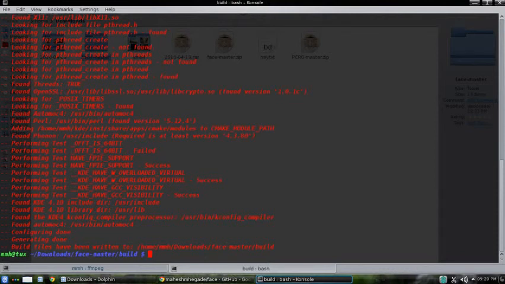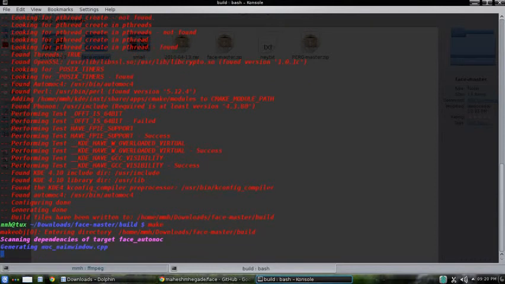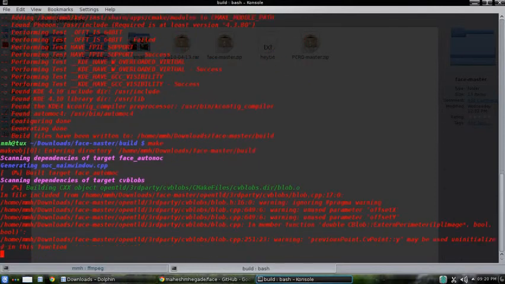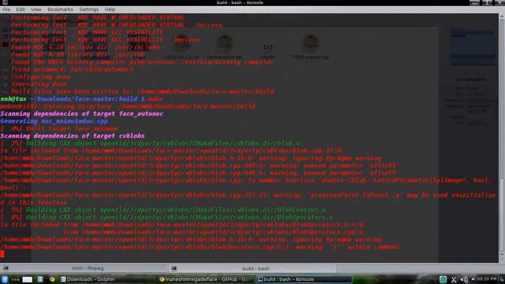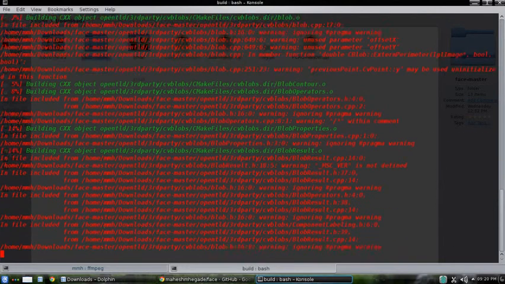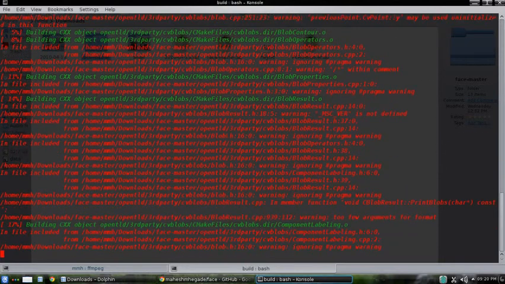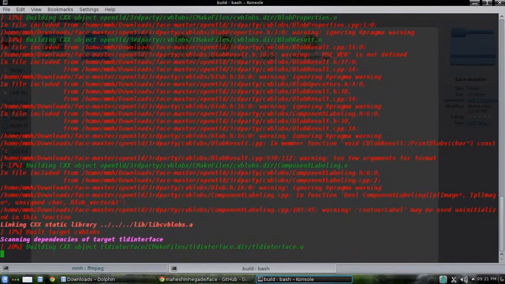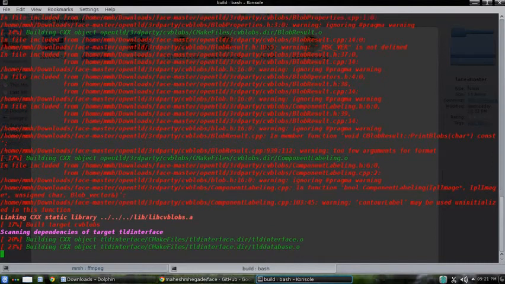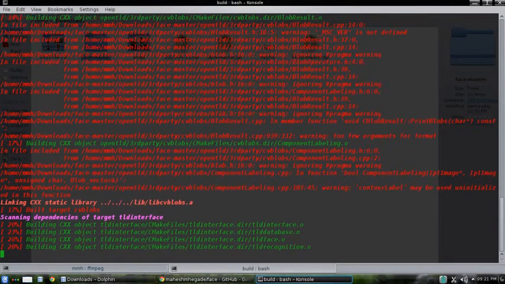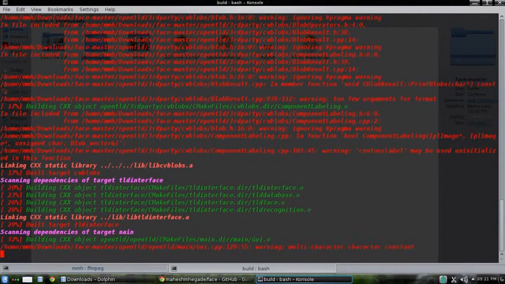Okay, now its CMake files and makefile are generated, and now we can compile this software. It will take a while.